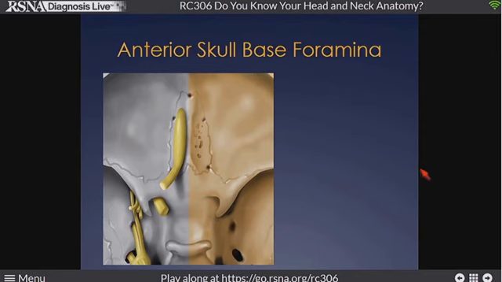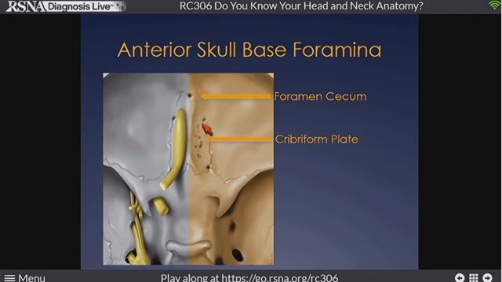So we have some foramina to deal with up here. On this side, we have cranial nerve 1 overlying the cribriform plate. We can see that there are some foramen at the skull base. So here is the plate of the ethmoid bone, the frontal bone lateral to it. There is a dehiscence between the frontal and the ethmoid bone here, the foramen cecum. More on that in a moment.